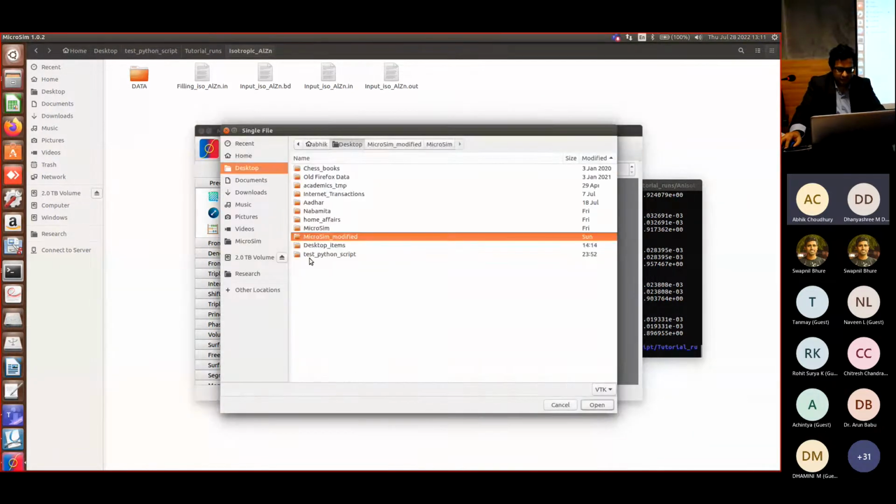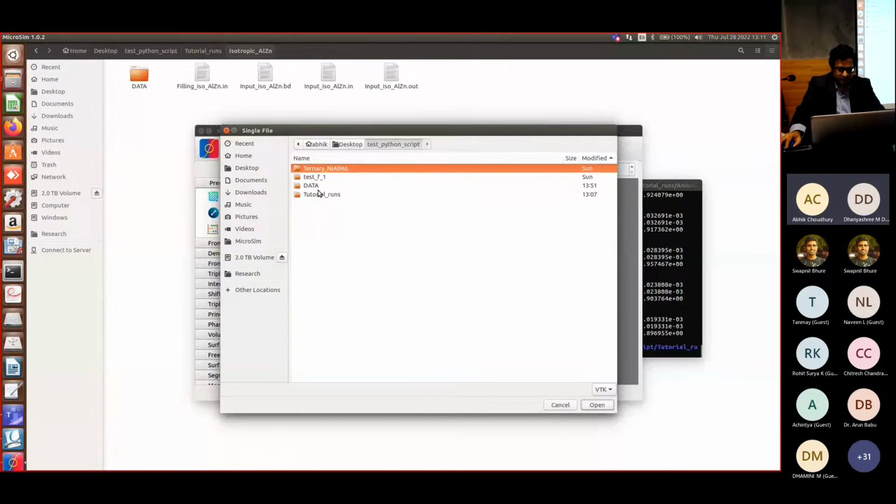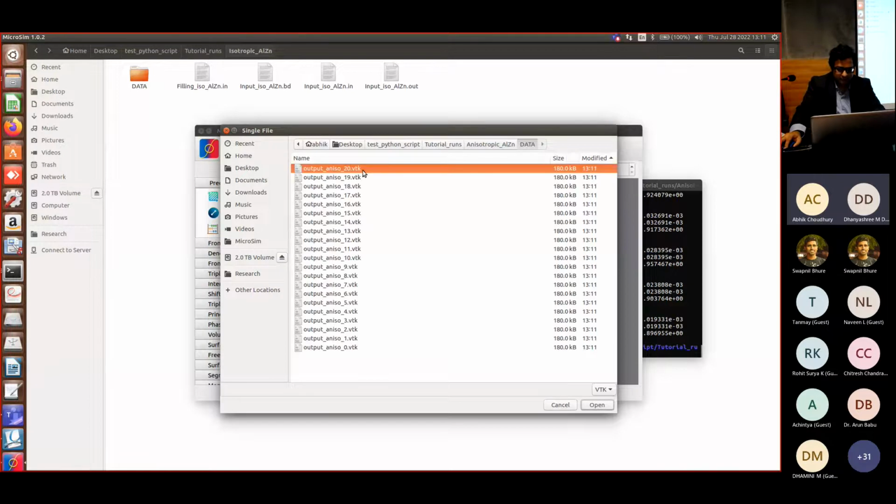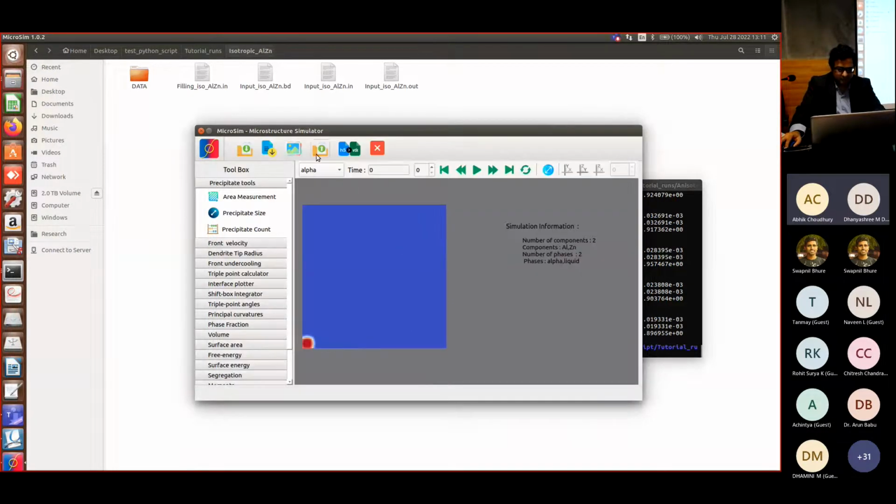So we can try to navigate to the data now. Open the data folder. And now you see a different evolution. All right. So that's because of the anisotropy that you have given and it's rotated. Right. So this is what we can do quickly. As you see, we have done several things. Now the other example I want to show you quickly is